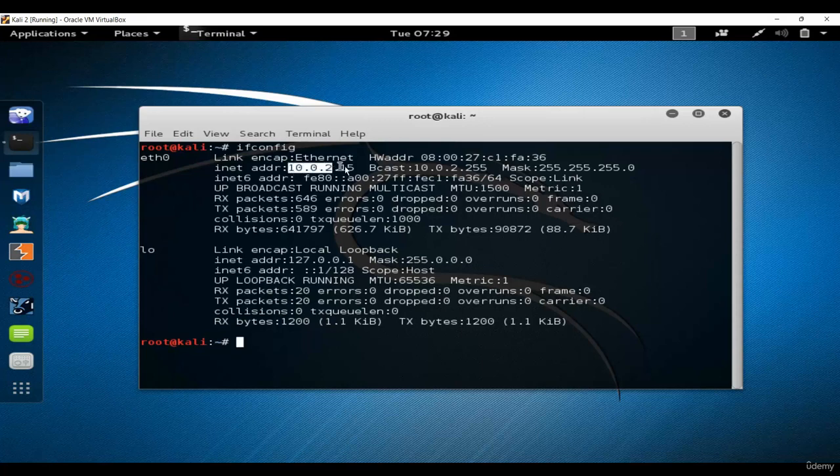So this one is our private IP assigned to this particular system, okay, by our gateway. So this is the IP address for this particular system. We can also change these settings, or network configurations, using the ifconfig command, but we will do that in the coming lectures. For now, let's just focus on the IP address and net mask. Okay, so